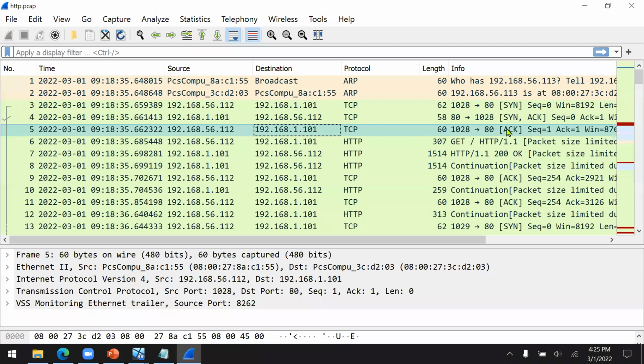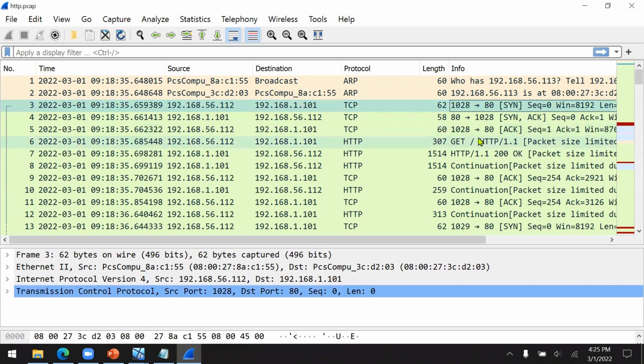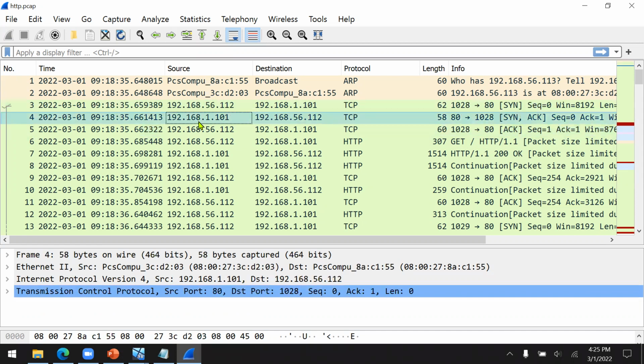Because HTTP needs to use TCP, before the start of the connection the client needs to say something like hello, hello, by using SYN. SYN, and then the server will respond with SYN acknowledge, and then the client tells it again, okay, acknowledge. So you're alive.